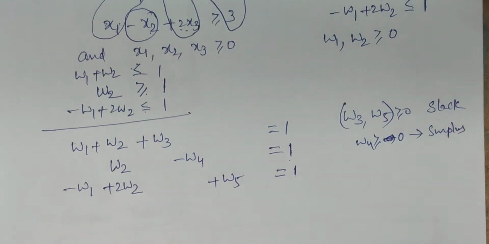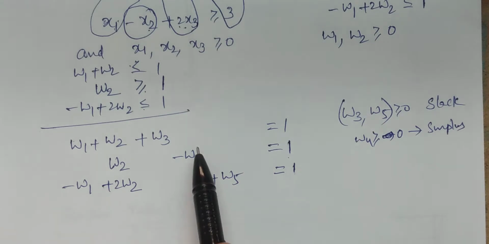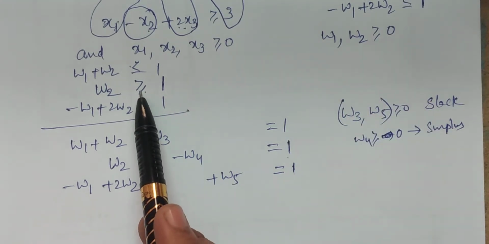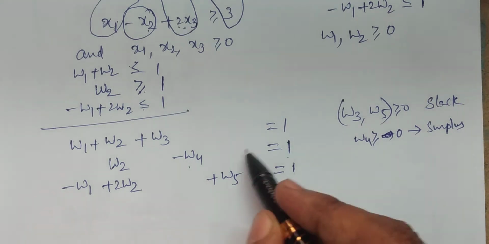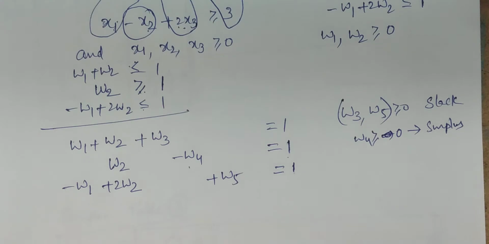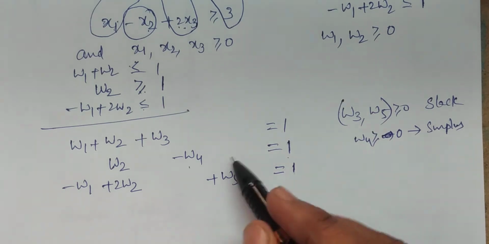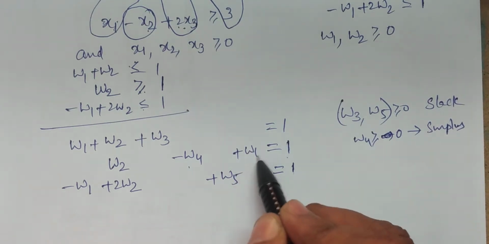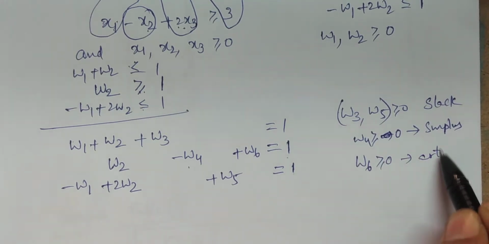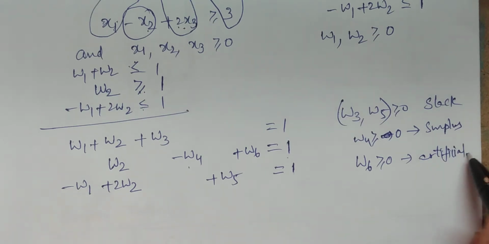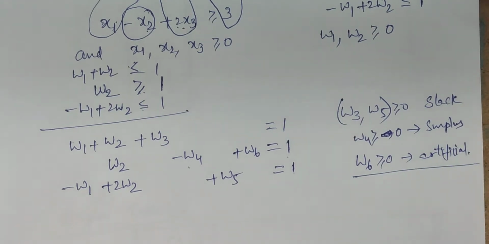So now you have to introduce an artificial variable. Why? Because the constraint with greater than or equal to a constant does not provide an initial basic feasible solution. That is, the vector (0, -1, 0) is not a vector in an initial basic feasible solution. Therefore you have to introduce one artificial variable. This is plus omega 6 that I am introducing, where omega 6 is greater than or equal to 0, an artificial variable. This is the introduction of variables.